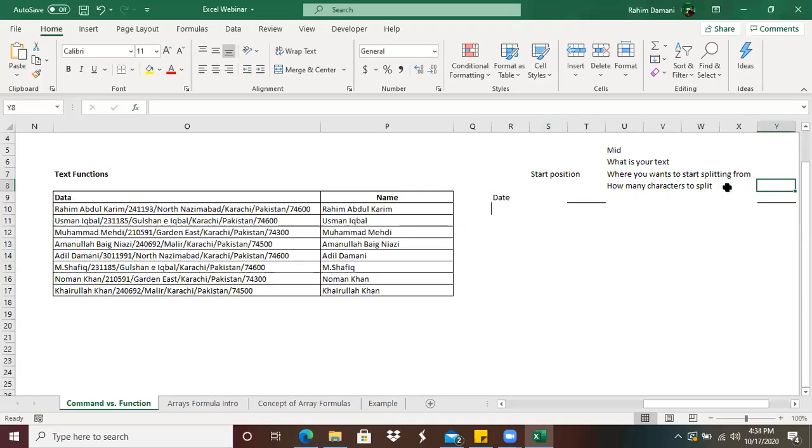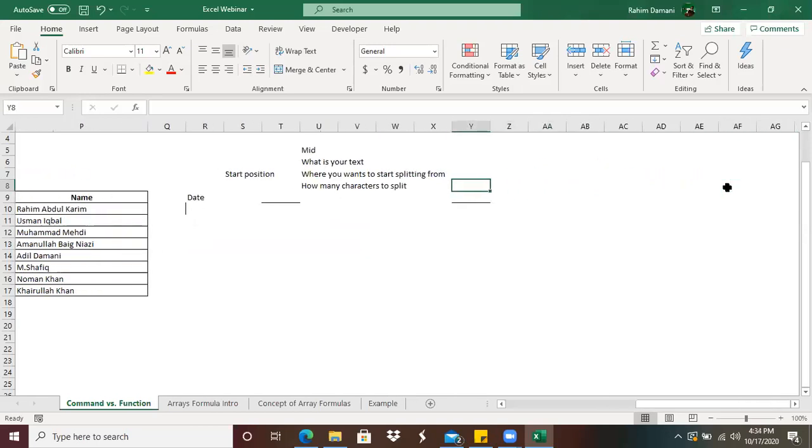If I define an equation here, the last position minus the first position, then the value in between is going to be the date of birth.